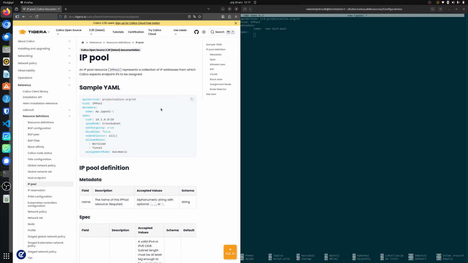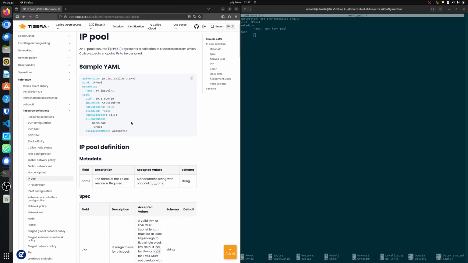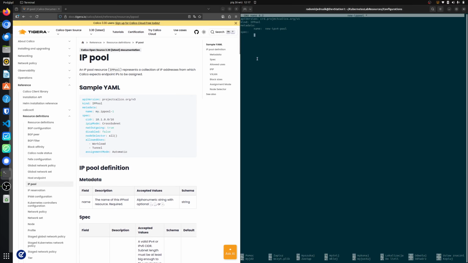Okay guys, so we have the IP pool definition, and we have the specification. I would like to have it like this. Fine. And I want to have the CIDR addressation, and my addressation will be 10.250.0.0/16. And another field will be